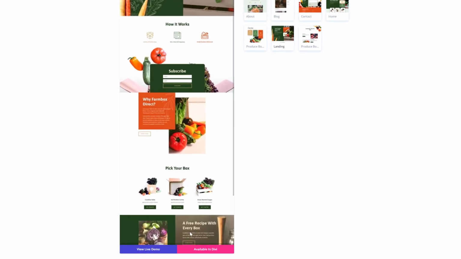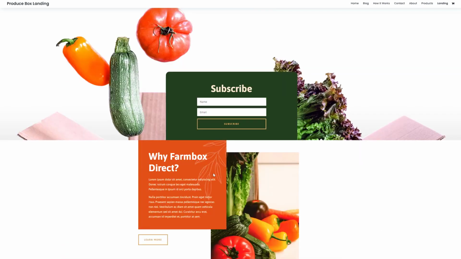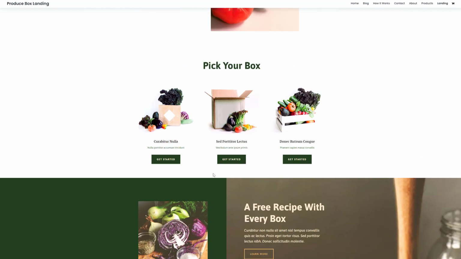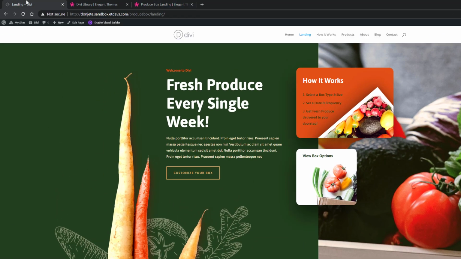So these are all available in Divi for free, and you can view the live demo by clicking on the blue button. Now this will redirect you to a live website where you can go ahead and discover each and every layout for yourself without actually having to install it on your website first. So say for instance you really enjoy the landing page and you want to get started with it,